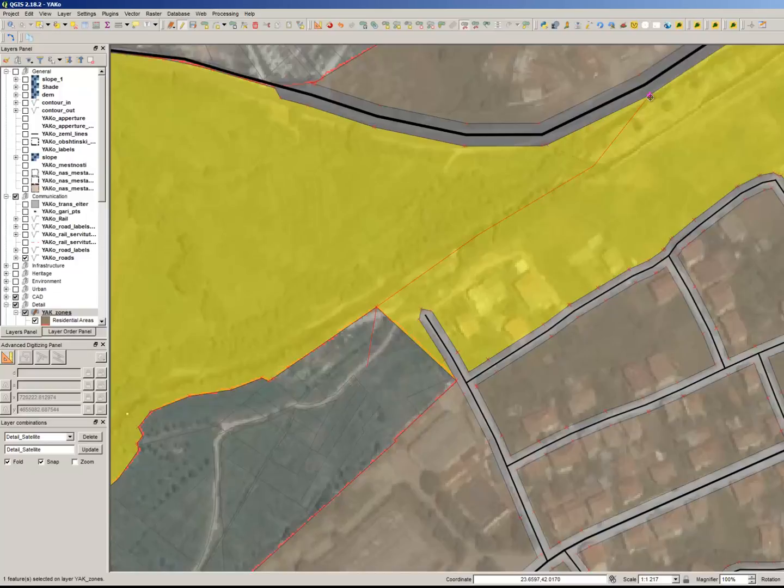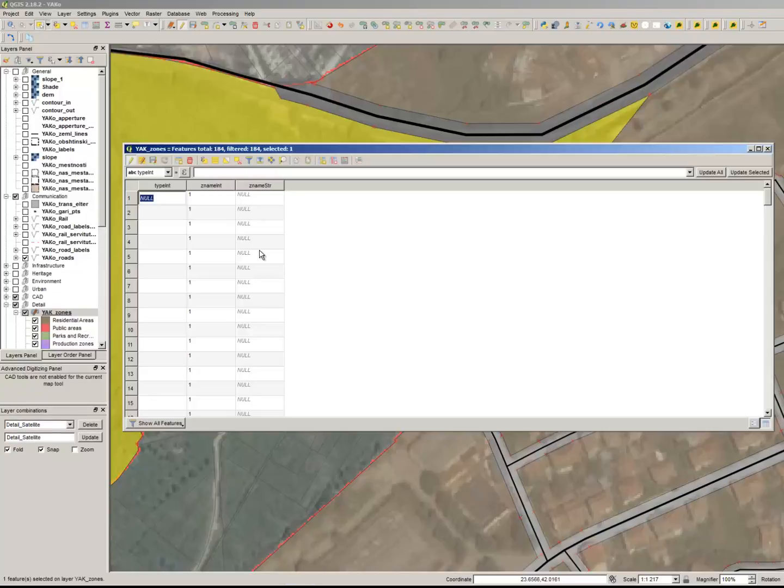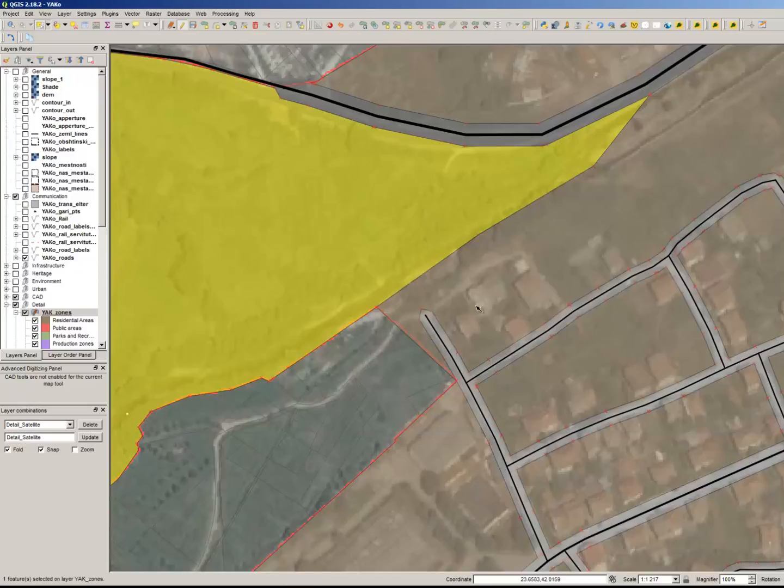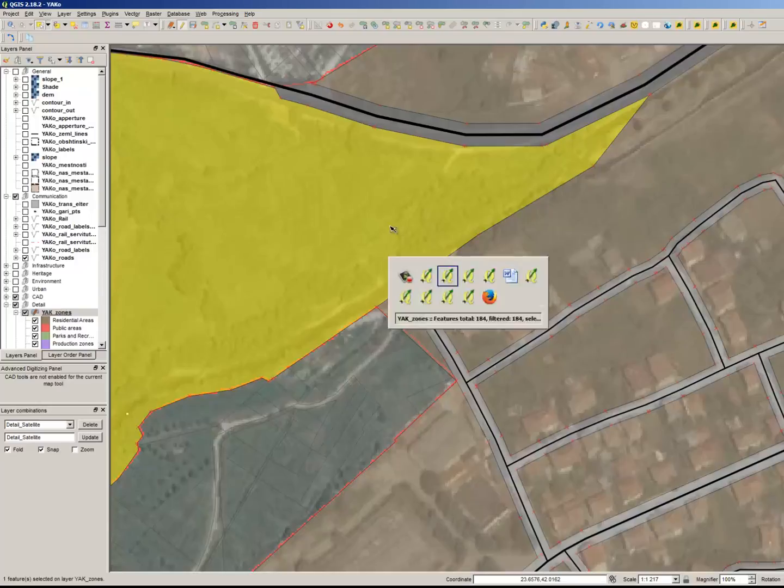Of course, as you already know, not every part of the town is residential, and that's why we will split our existing residential zones into different types and redefine them. That's the fastest way